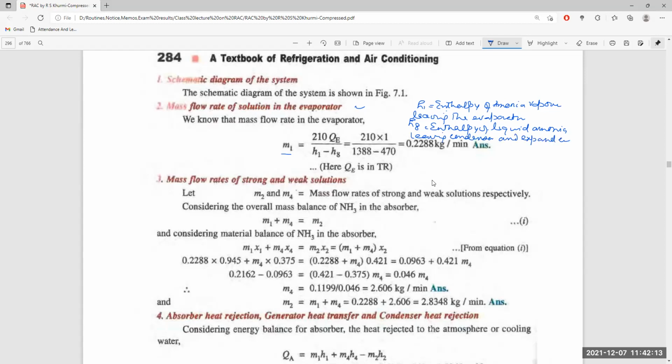So you put in all the values and get the mass flow rate in the evaporator as 0.288